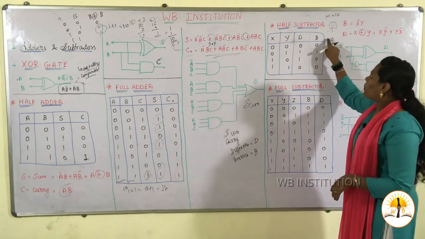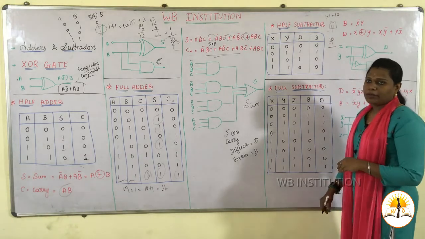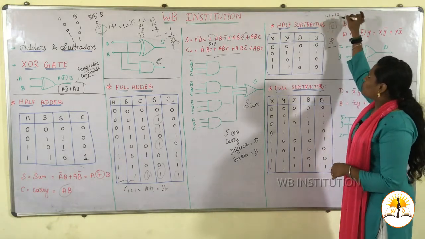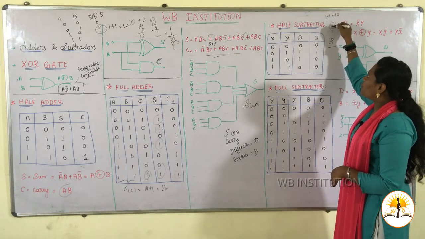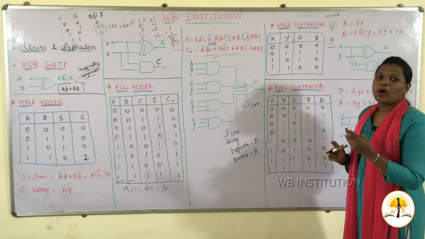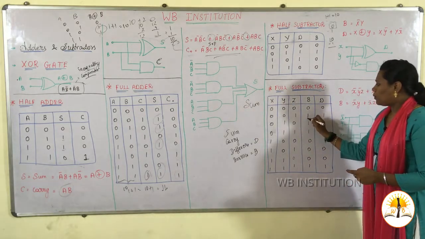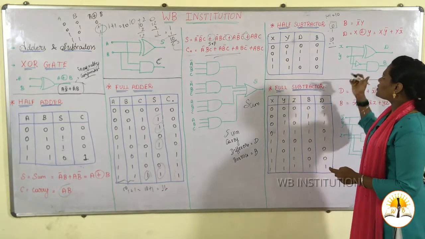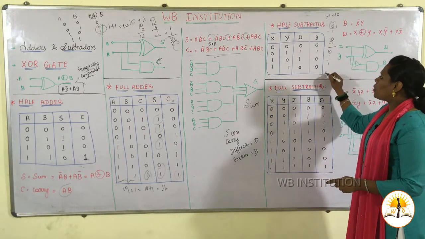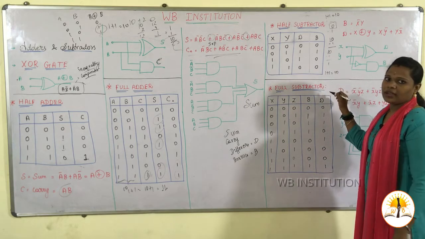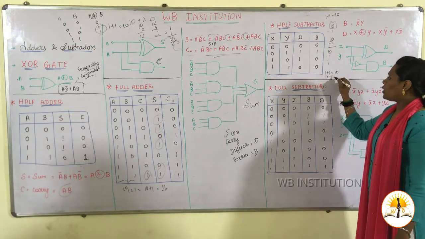So if you borrow this, what will the borrow be? 1 plus 1 is equal to 10, which means this 0 will become a ten, so you are going to borrow 1 from that. So the borrow will be 1 and the difference will be 1. How is the difference 1? Since it is a 10, 10 minus 1 is 1, because 1 plus 1 gives you 10, right? If 1 plus 1 is 10, then 10 minus 1 is also 1.